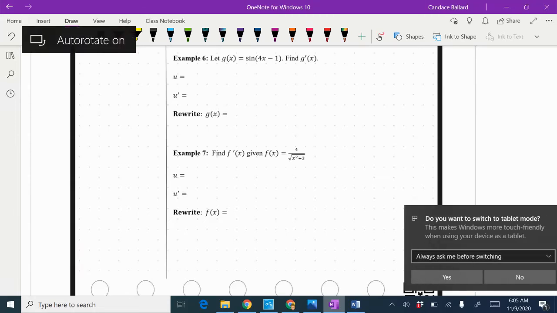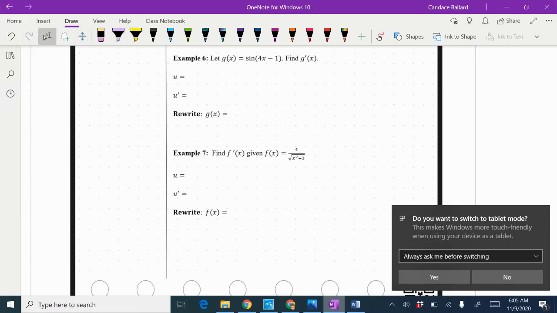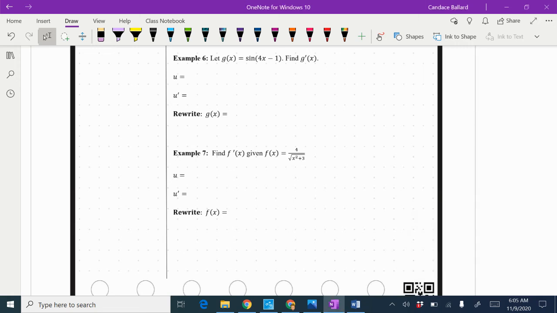So in this video, we're going to continue topic 3.1, which is the chain rule. So we're going to identify my inside function. My inside function this time has to be what's in the parentheses, the 4x minus 1. I'm going to underline that in orange, and I'm going to take its derivative, which is 4. Now I'm going to rewrite my function with a u in place of what I underlined in orange, so sine